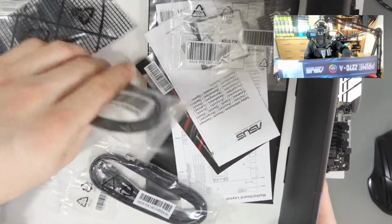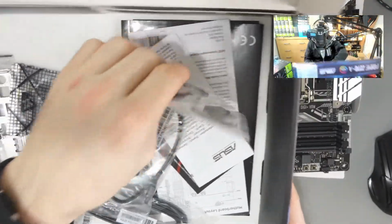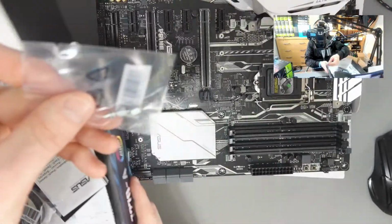Now, as far as what's in the box here, you'll see a lot of different cables, etc. But you don't really need any. There's an SLI bridge there. There's a few other things here. These are the things you would use if you were building your main PC. But what I need here